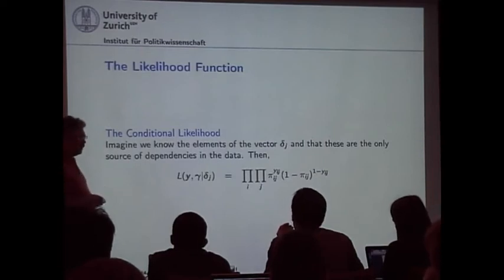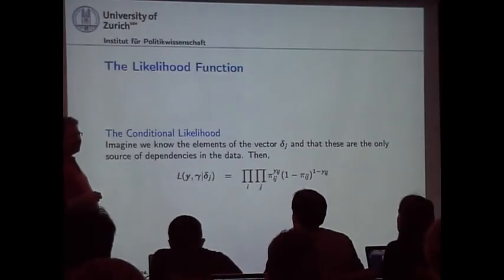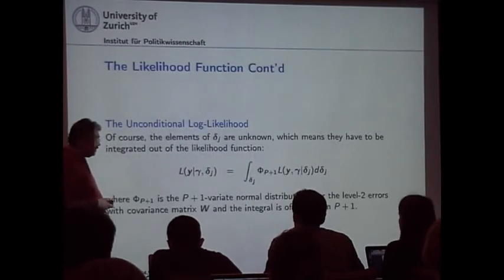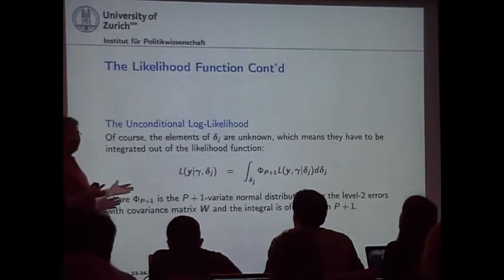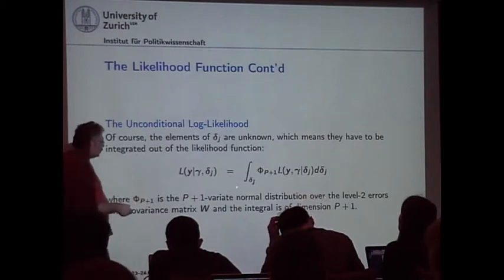And I don't know these deltas. They're unknown to me. And this means we have to get rid of them. What does that mean? Getting rid of them means integrating them. This is actually the likelihood function we have to evaluate. And if this doesn't look too terrible,